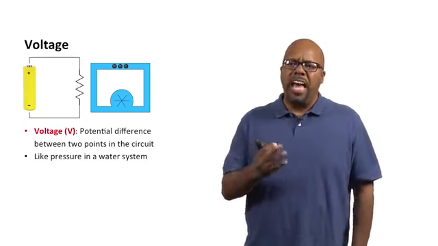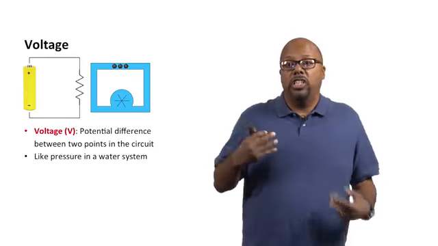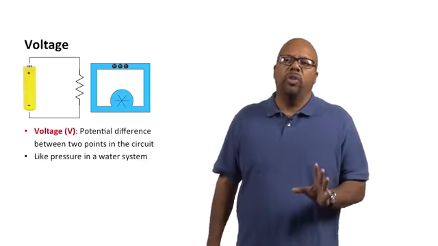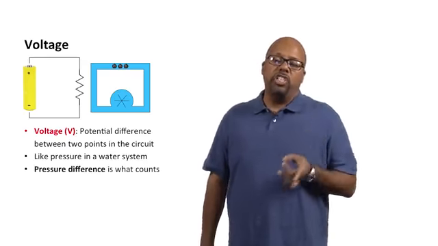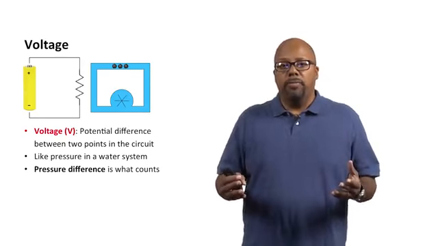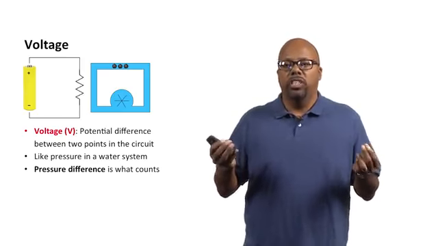So voltage, that battery in our picture, is actually providing some voltage, essentially the pressure on the carriers, on the electrons, to push them through the circuit. So think of voltage like that. Now note that pressure difference is what counts. What I mean is there's pressure, but current only flows if there's a difference in voltage, or like in